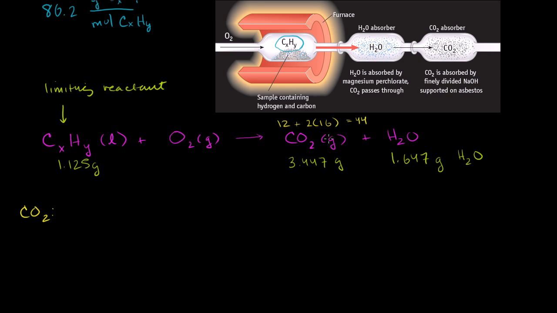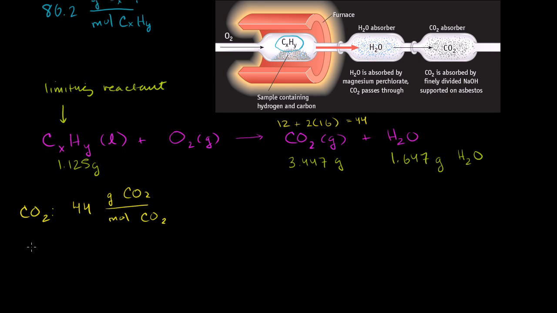But if you have a whole mole of carbon dioxide, 6.022 times 10 to the 23rd of these molecules, then you're going to have 44 grams of the substance. So we have 44 grams of CO2 per mole of CO2. And if we want to figure out how many moles we have with us,